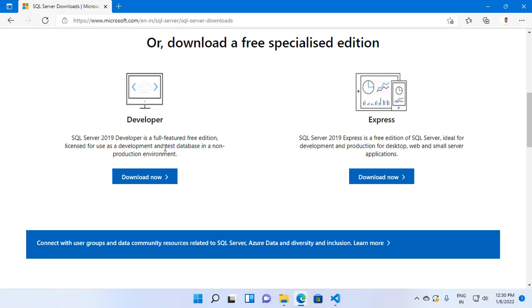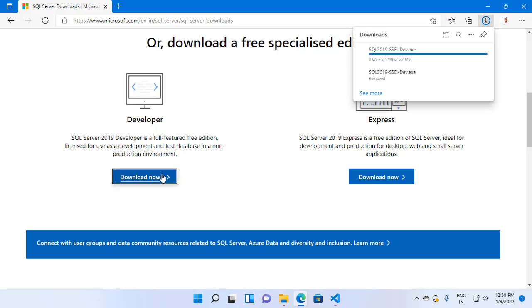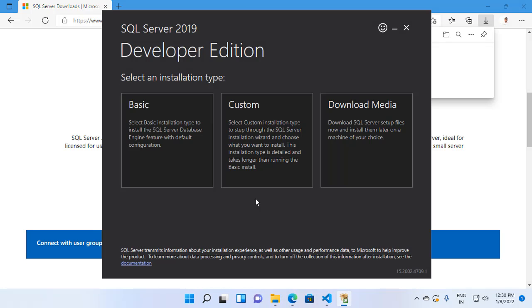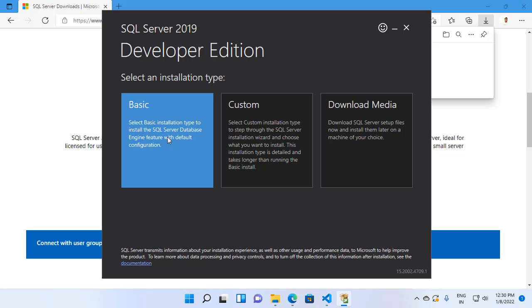It is a full-featured free edition licensed for use as a development and test database in a non-production environment. So I'll click on this download now button and it will download an online installer for SQL Server 2019. Then I will open this. I will install this in the basic mode,